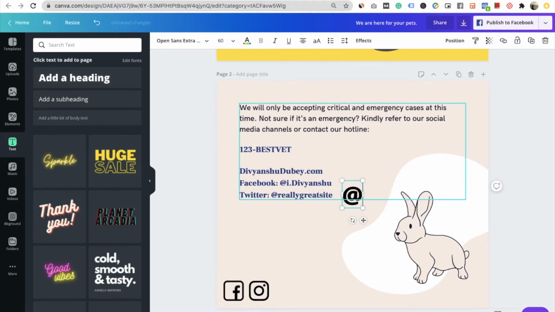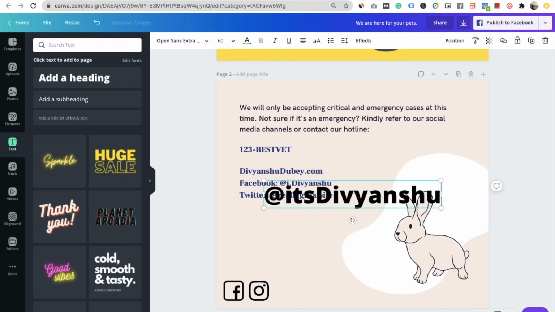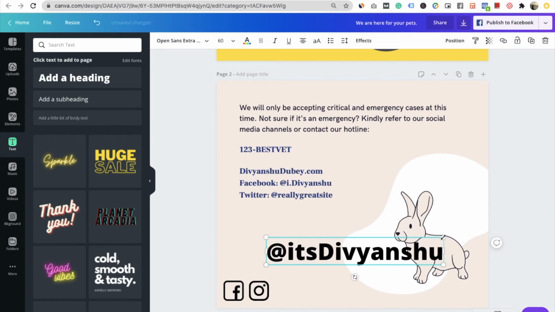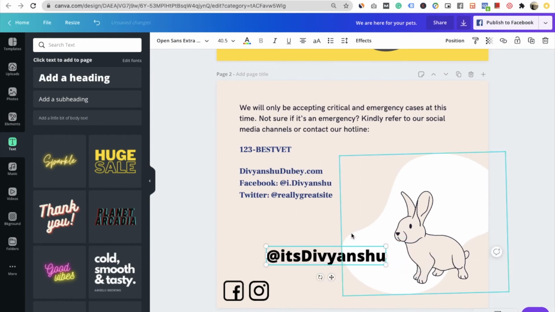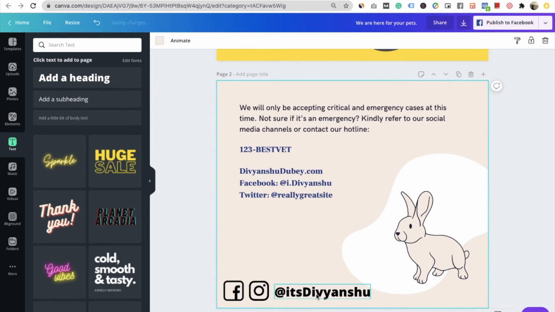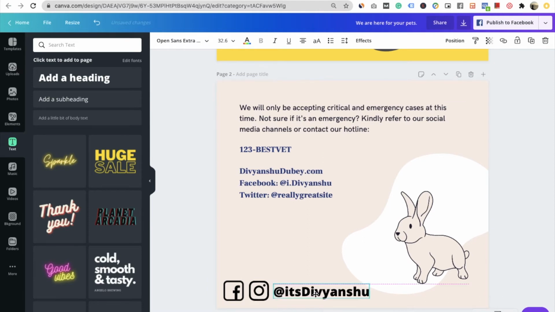I want to put it this way so that it is easy for people to read. That's the reason I have kept the D in uppercase. If it is covering it, maybe I can make it a bit small here. Since this is not applicable to Facebook, I can keep it this way.